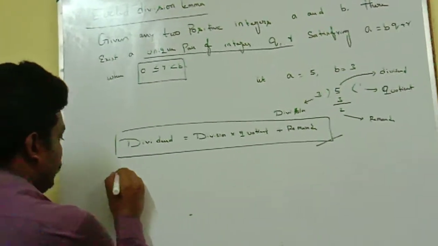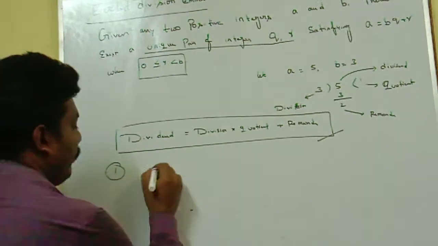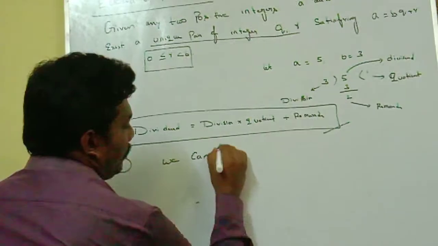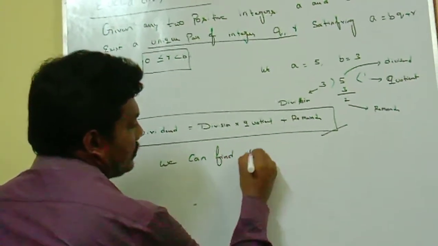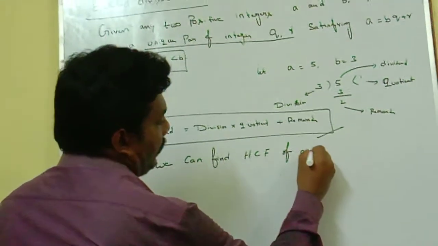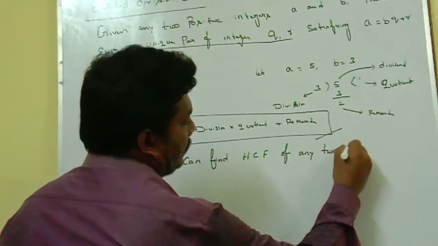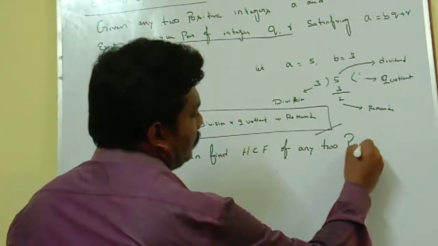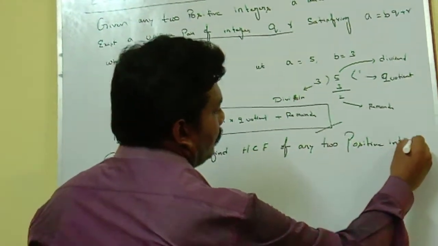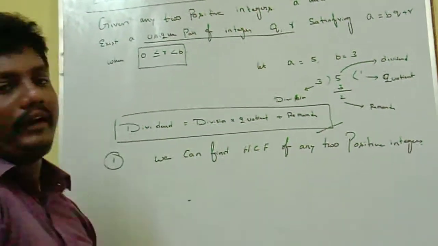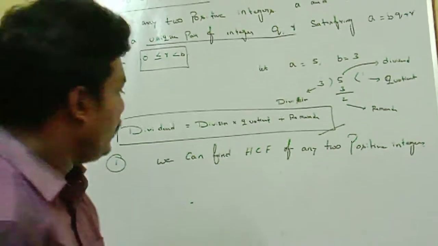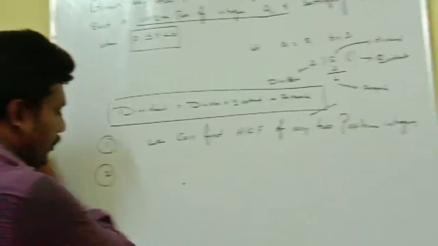The first application is that we can find the HCF of any two positive integers by using Euclid division lemma. That is the first application. Then coming to the second application,